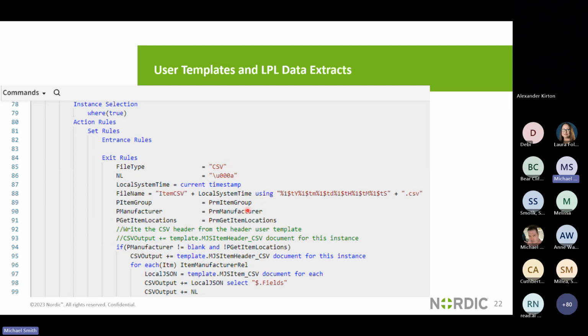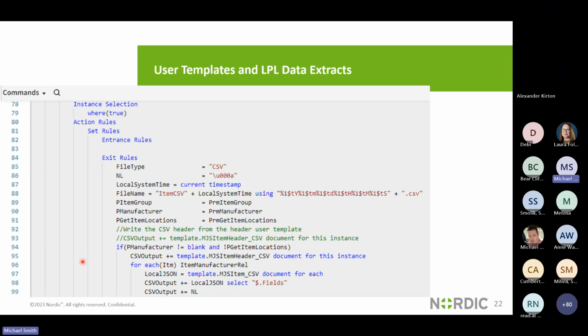So in this case, we put everything in the exit rule. A lot of this is just general setup for file names and things that we're going to use later. As we enter here, we're setting the parameters that we defined to our persistent fields so that we can use them in the relations and save them off at the end,